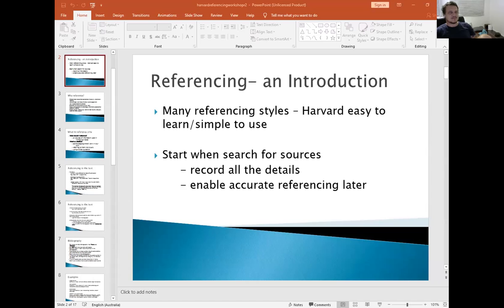And the other one is Harvard. There's Vancouver, and there's about 50,000 other ones. But those 2 are the main ones. 2 very distinct styles, and 2 styles you'll come across in different subjects in grade 12. And we're going to look at Harvard today in more detail. Harvard is the simplest one. Most sciences use Harvard.